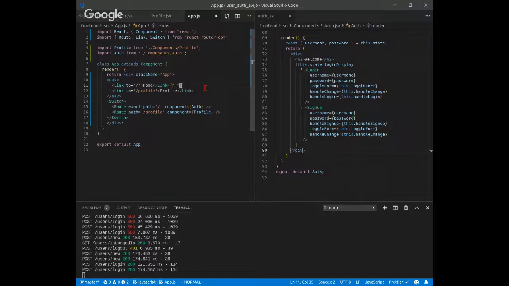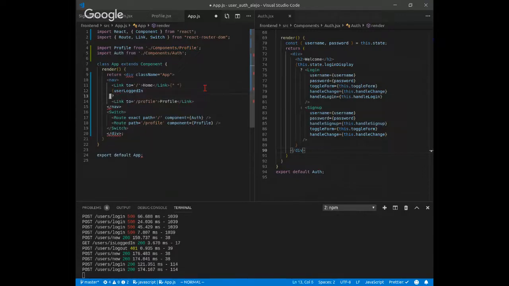Don't be too specific, Jack. Like the props, it's just an embedded button thing. So if user logged in, then we display this link, I guess. And let's say we're gonna have another link, like my